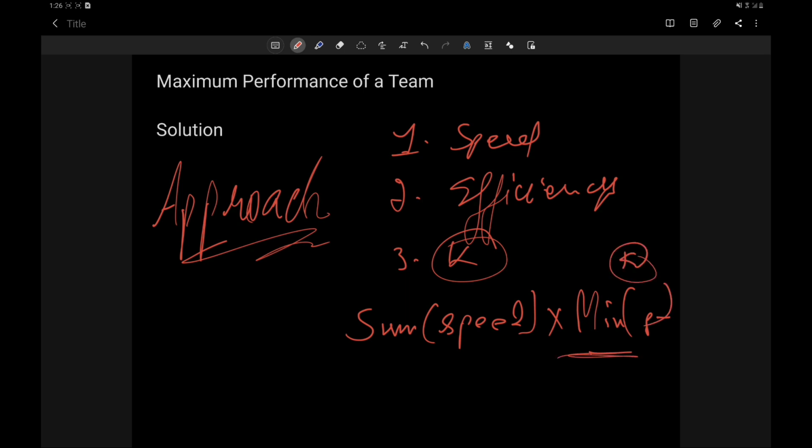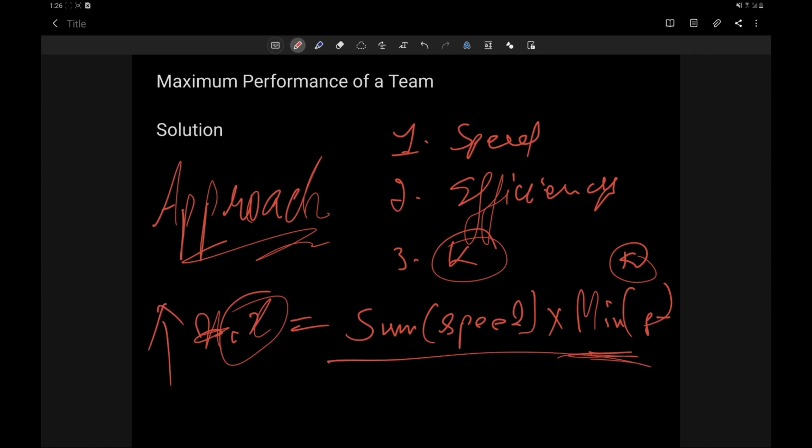Basically we have to maximize this. All right, so suppose x is the value and we have to maximize x. In order to maximize this, we have to maximize these variables, that is we have to take the maximum sum and the maximum value that could be there for the efficiency.